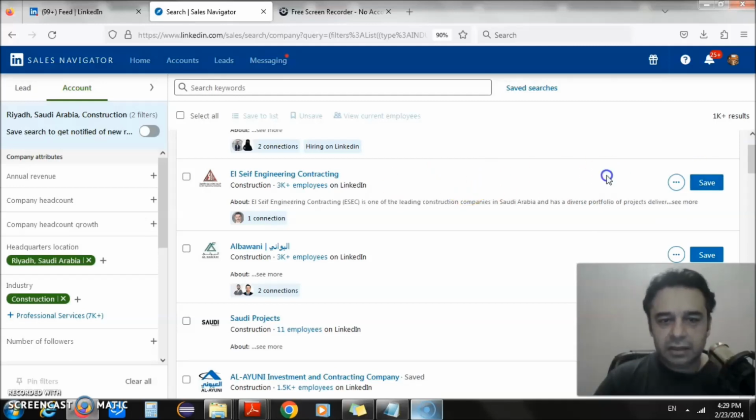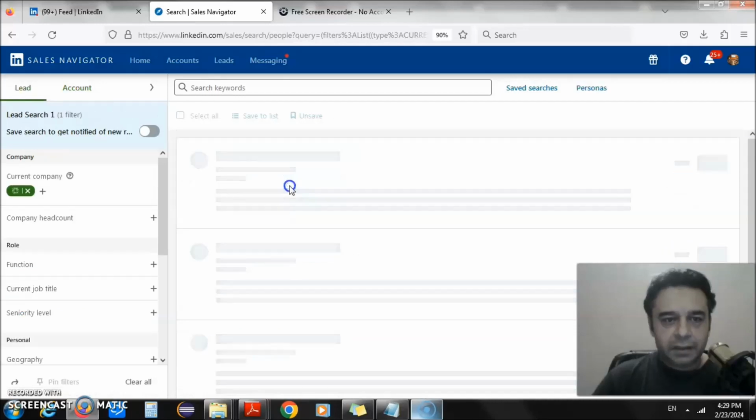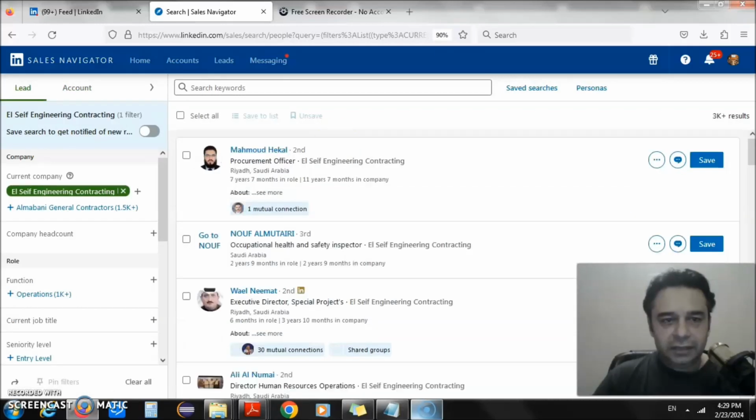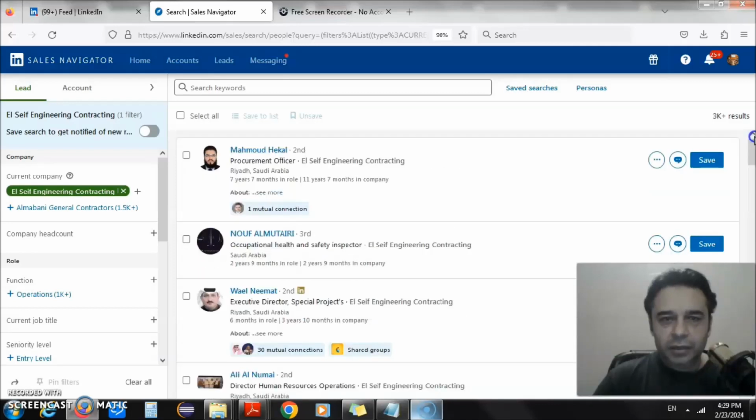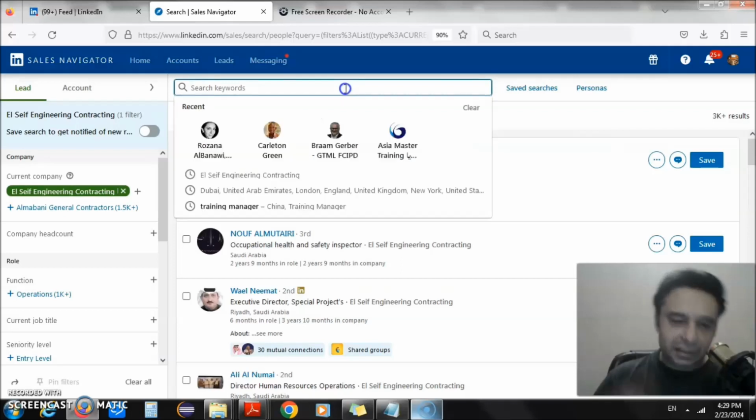And now let's view the company. So this company is having 3000 plus employees. So if I just click on this number of employees, 3000, let's see what we will get. So here we have all the employees of that particular organization, all these 3000 employees. And what you can do within these 3000 employees, if you're looking for, again, the training manager,